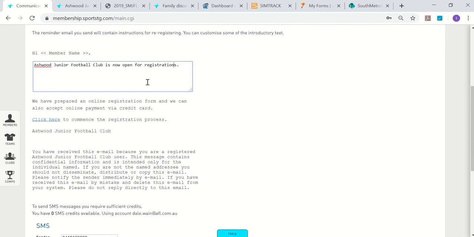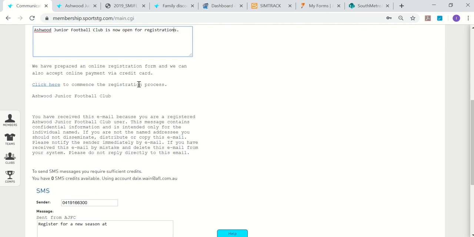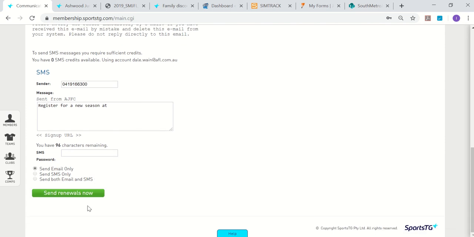Yeah, so you can just add stuff in there, do it all there, and then you basically hit, I won't do it, or everyone in my club's going to get a renewal notice. You hit send renewals, and it will say to you it's gone to 297 or whatever it is. So it's a really good tool to use, so you're not having to sit there and